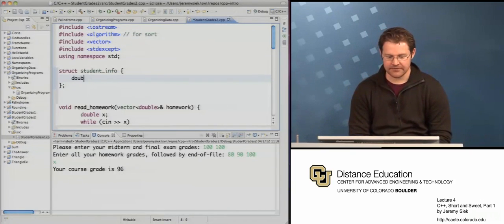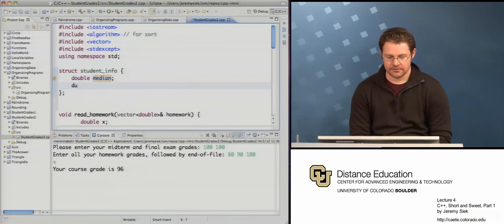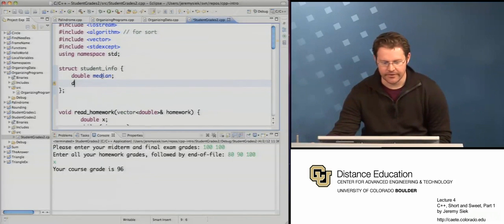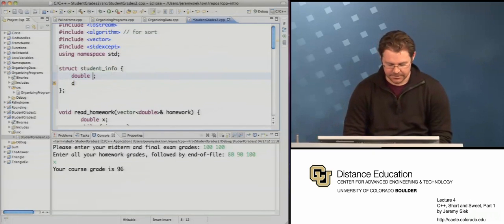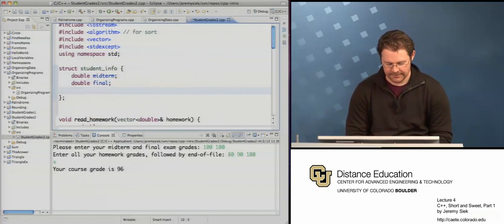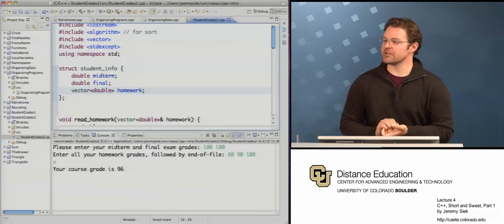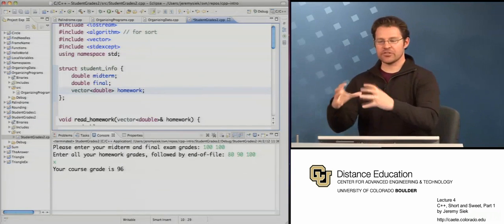So we're going to have double median. Oh wait, no, not. Do we want? Is that one of them? No. We want the midterm. It's a different M word. Final, and then vector double homework. Okay. So these look like variable declarations, but really what you should think of it is that student